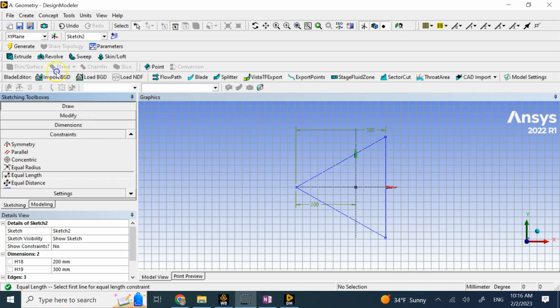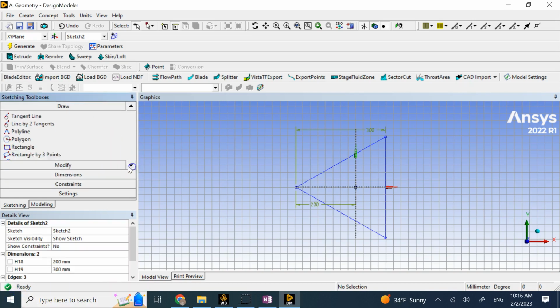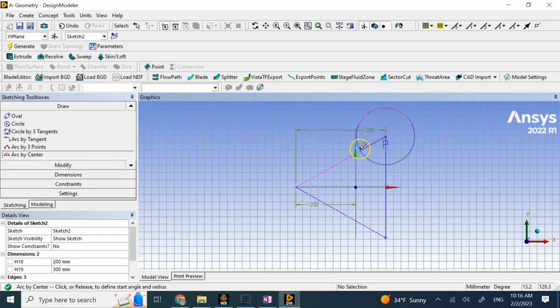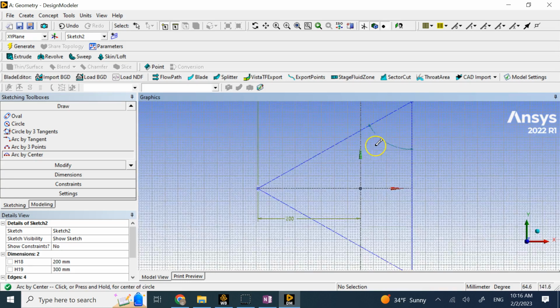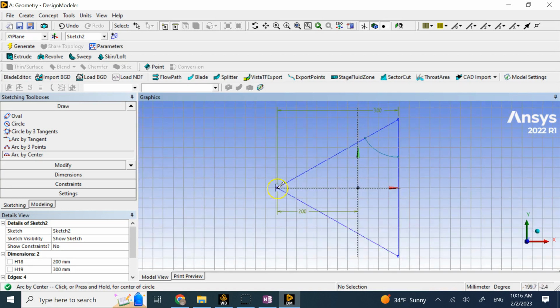So now we go to draw, and then we draw the 3-point arc, right, by 3 points or by center. Since here we have the centers, so we use this one, and here this is our center, and then we have a point here, and then we draw it to here. And again, make sure the C appears to show that the endpoints are coincident with the lines, and then repeat that for the other 2